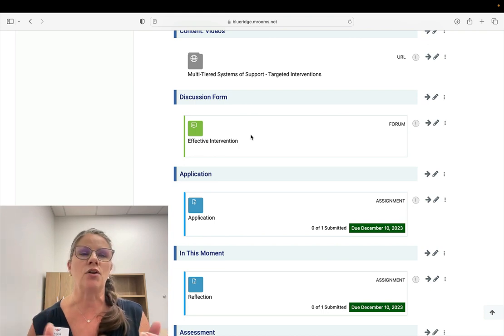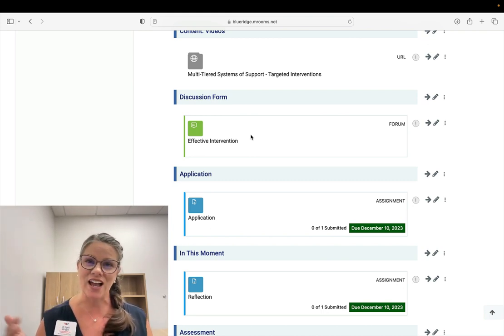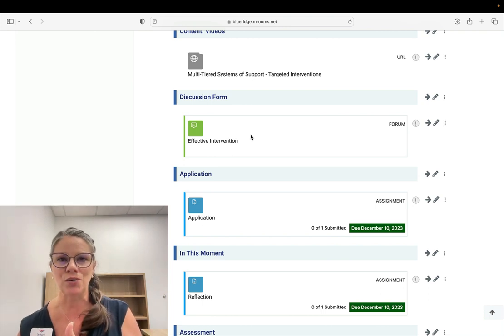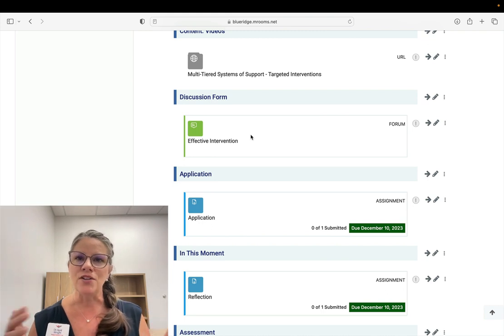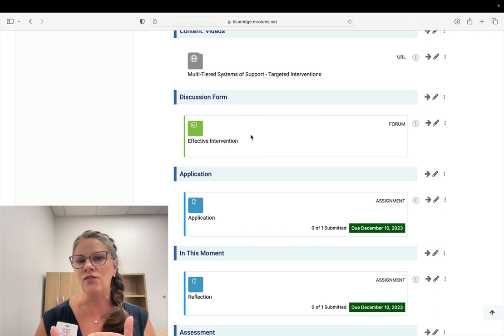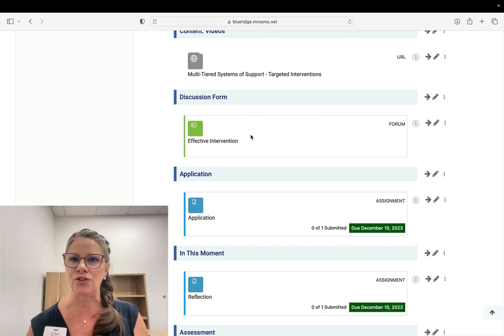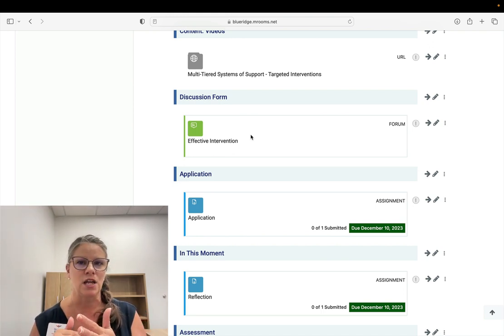So planning for teaching, that seems to flow, but then it becomes disruptive when students haven't learned or they haven't met their target. You still have to keep going with curriculum because you're going to have students that have met their target. So intervening becomes a little bit complicated, and you have to be very creative about when you're going to do it, how you're going to do it, and most importantly, how you're going to keep track of it,